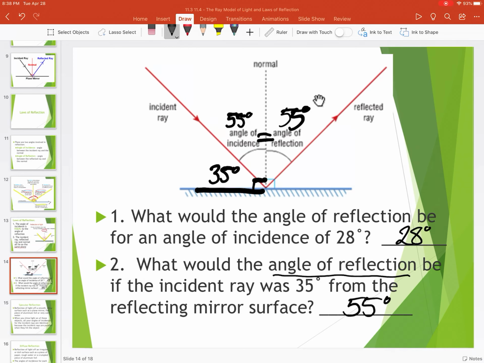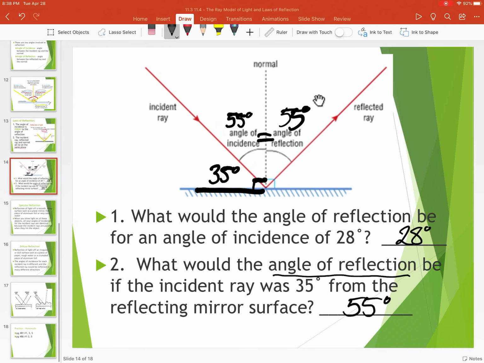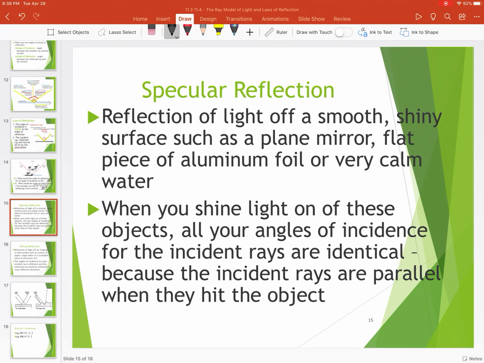The last part of this note talks about specular reflection and diffuse reflection. Specular reflection is reflection of light off of a smooth or shiny surface, such as a plane mirror, a flat piece of aluminum foil, or even calm water. It's telling you that all the angles of incidence for all of those parallel incident rays are going to be identical. Whereas